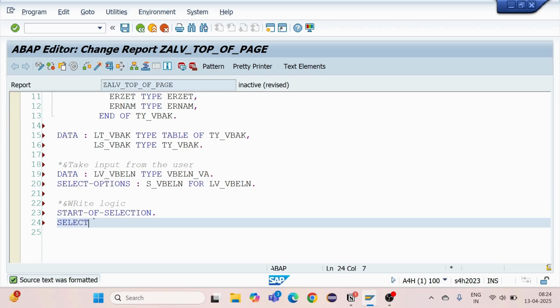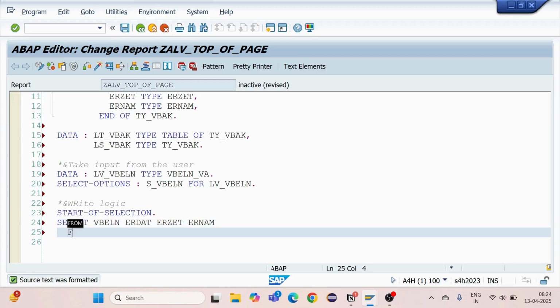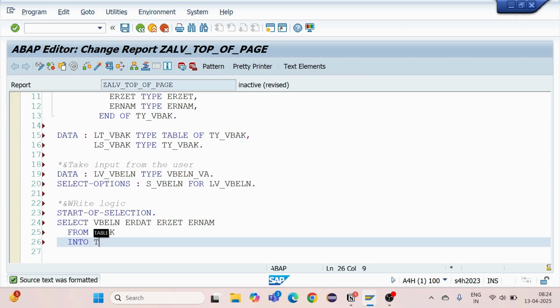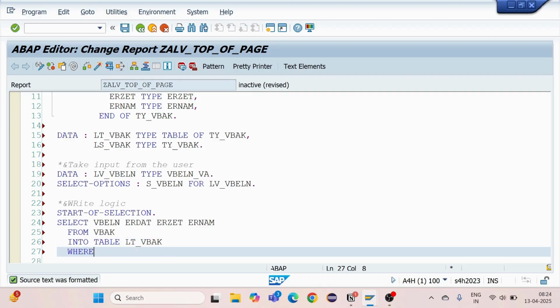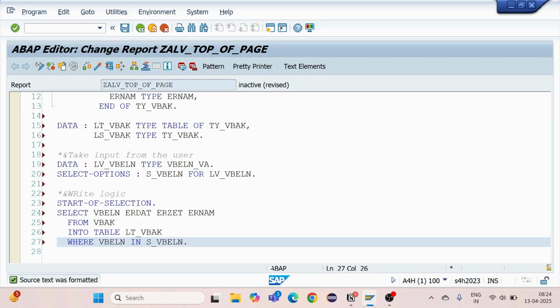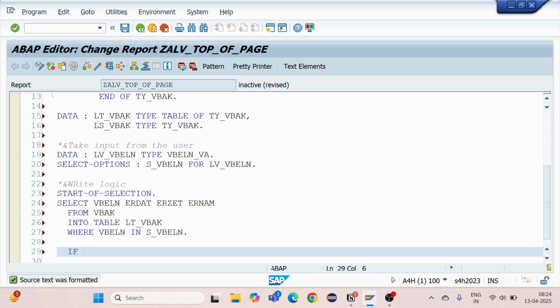So select VBELN ERDAT ERZET ERNAM from VBAK table into table LT_VBAK, where condition the sales document number in S_VBELN. Yes, VBELN, right? I will check if LT_VBAK is not initial,